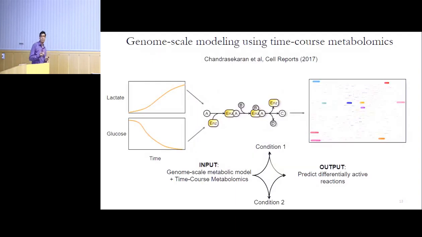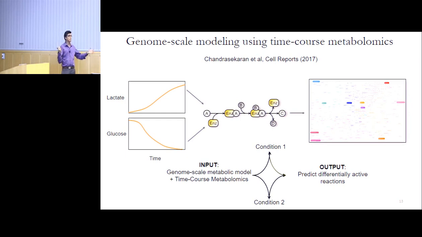To address that, we developed a new method that makes use of these powerful networks, and we overlay the metabolomics data onto them to identify metabolic features that are most likely to drive the changes that you observe. So I'll start with a simple example. Let's say you just have two measurements. In your data you observe increased production of lactate and increased consumption of glucose. You overlay that onto the model, and the algorithm would output that increased glycolysis is probably the most likely explanation for the observed metabolic data.